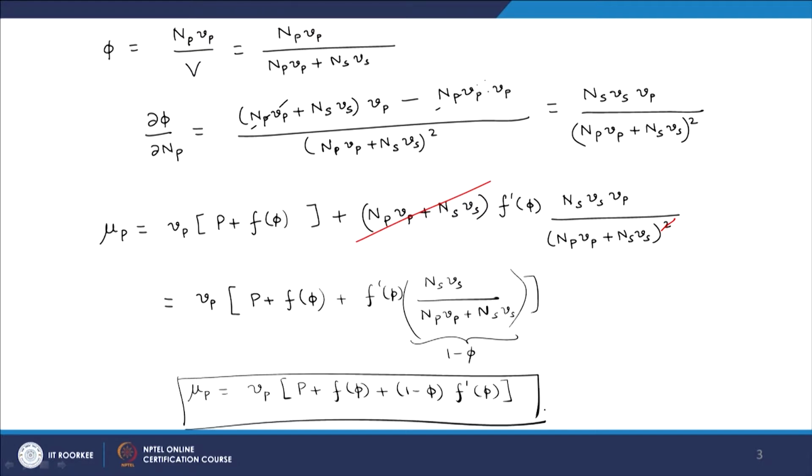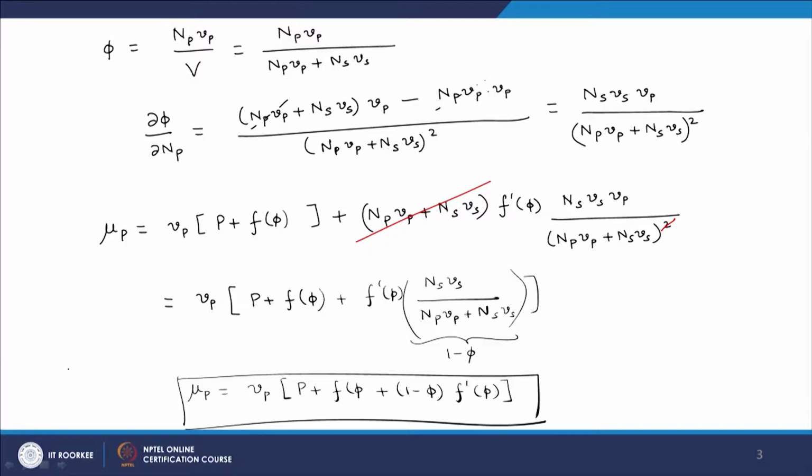So, again just like we did for the case of osmotic pressure, we can also write the chemical potential in terms of the function f that we have discussed earlier, that is the Helmholtz free energy density. In fact, we can put a temperature back in here because nowhere we have assumed anything to do with constant temperature.